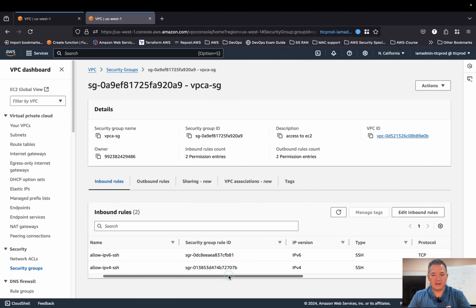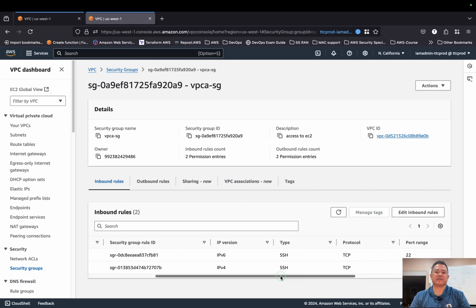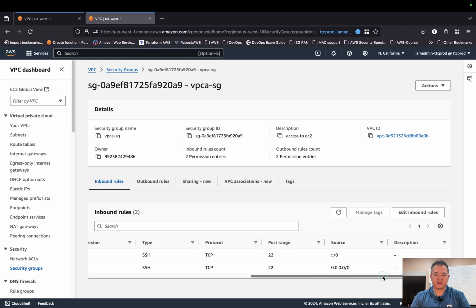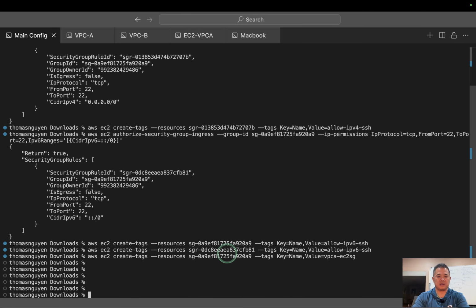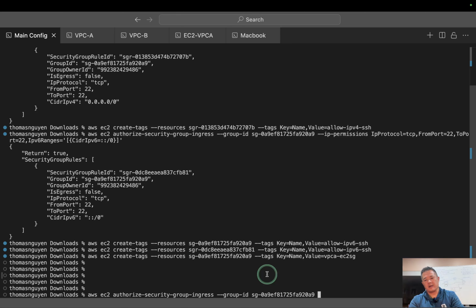So now we got IPv4 and v6 SSH defined, sourcing from anywhere. All right, so next we got to do ICMP, all ICMP ports from anywhere. So let's go ahead and do that in our console, in our CLI. AWS EC2 authorize security group ingress, and we say group ID is here, we say IP permissions,